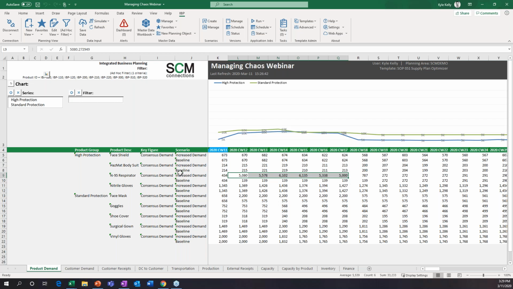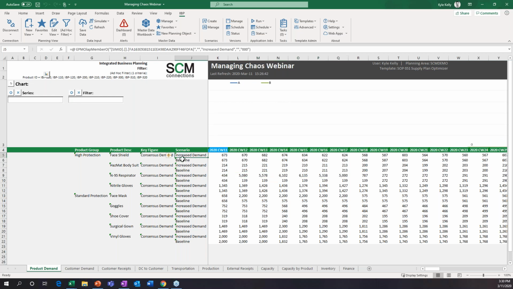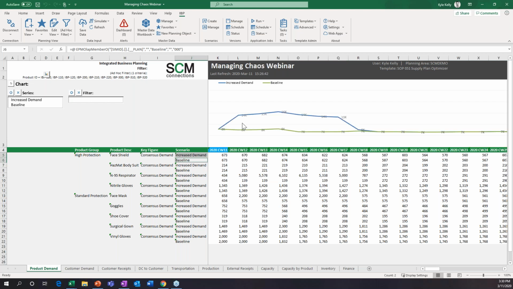So in this case, again, we're having this increased demand. Now, let's say this view that we were showing before isn't quite as helpful. So what we can do is remove some of the attributes up here, and now let's look at the baseline versus the increased demand. What I'm going to show you here, in green, is our baseline, and that's total, not per product or anything like that. And on the blue line, we're going to see that increased demand. So indeed, there is an uptick in demand in our new scenario.